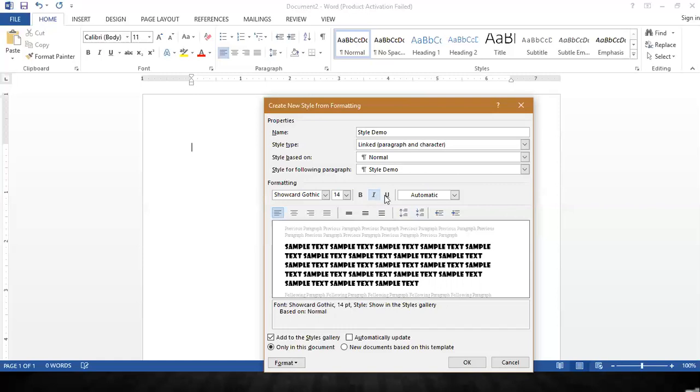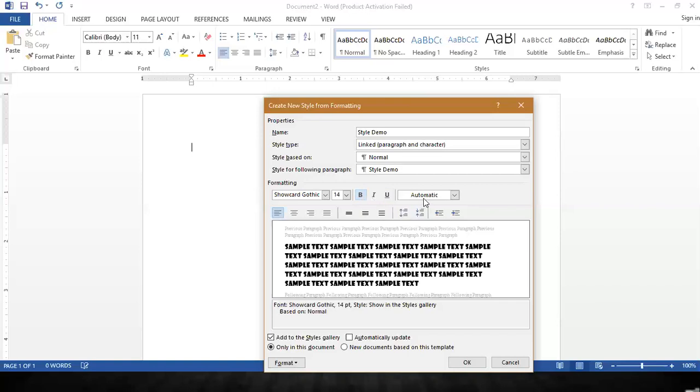You can make it underlined, and all the text will be underlined. If you want it, keep it; otherwise, you can remove it. If you want the text to be bold, select the bold option. The text will become bolder, that means thicker. That is your choice. You can make it bold or not.